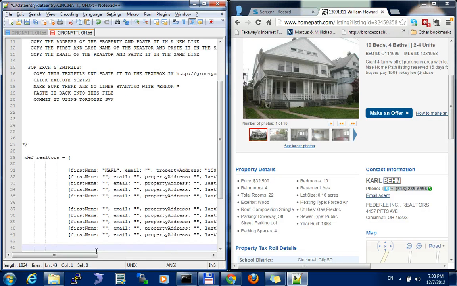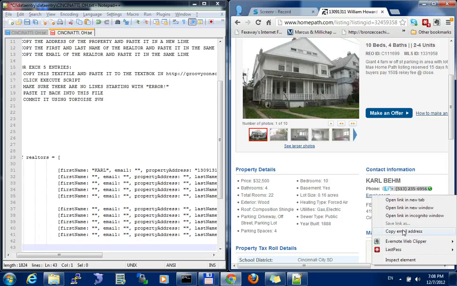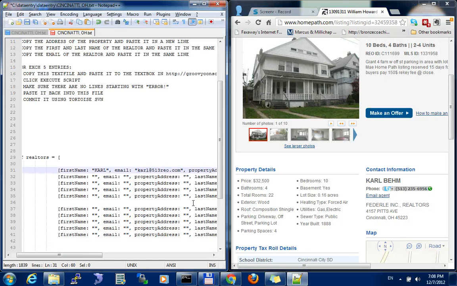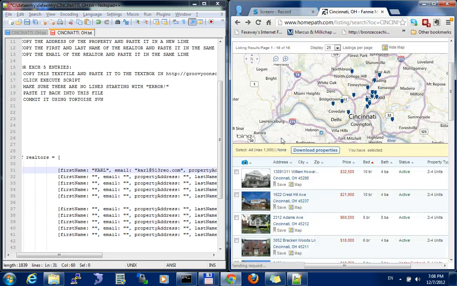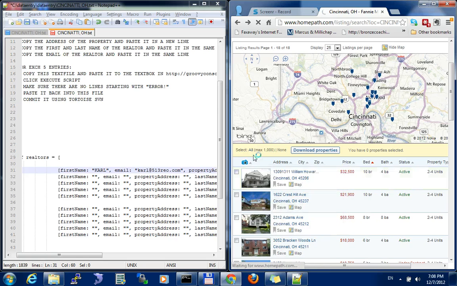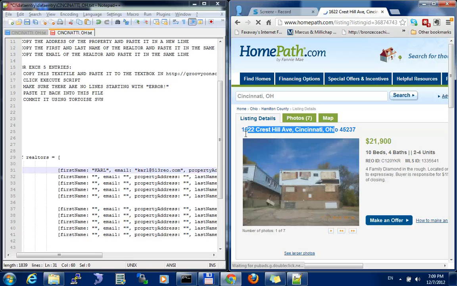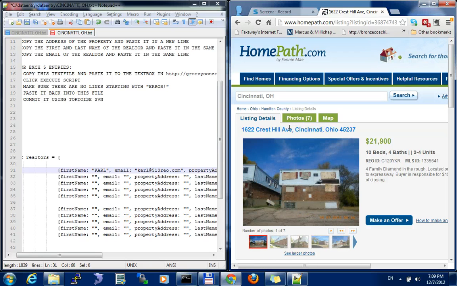And then finally I take the realtor's email. I right click, I say copy email address, and I paste it here. And I can go to the next property. So I go back, click, copy address,